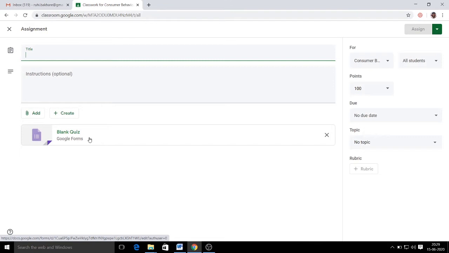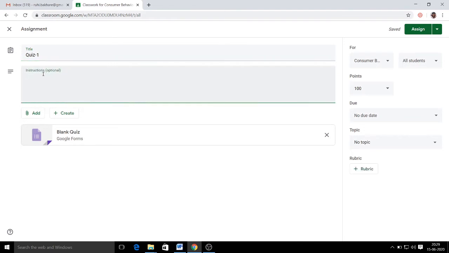But before proceeding to this blank format, let me write the title of the quiz to be made available to the students. Now in case of any instructions I need to provide, I can write over here. Otherwise this option is not compulsory.